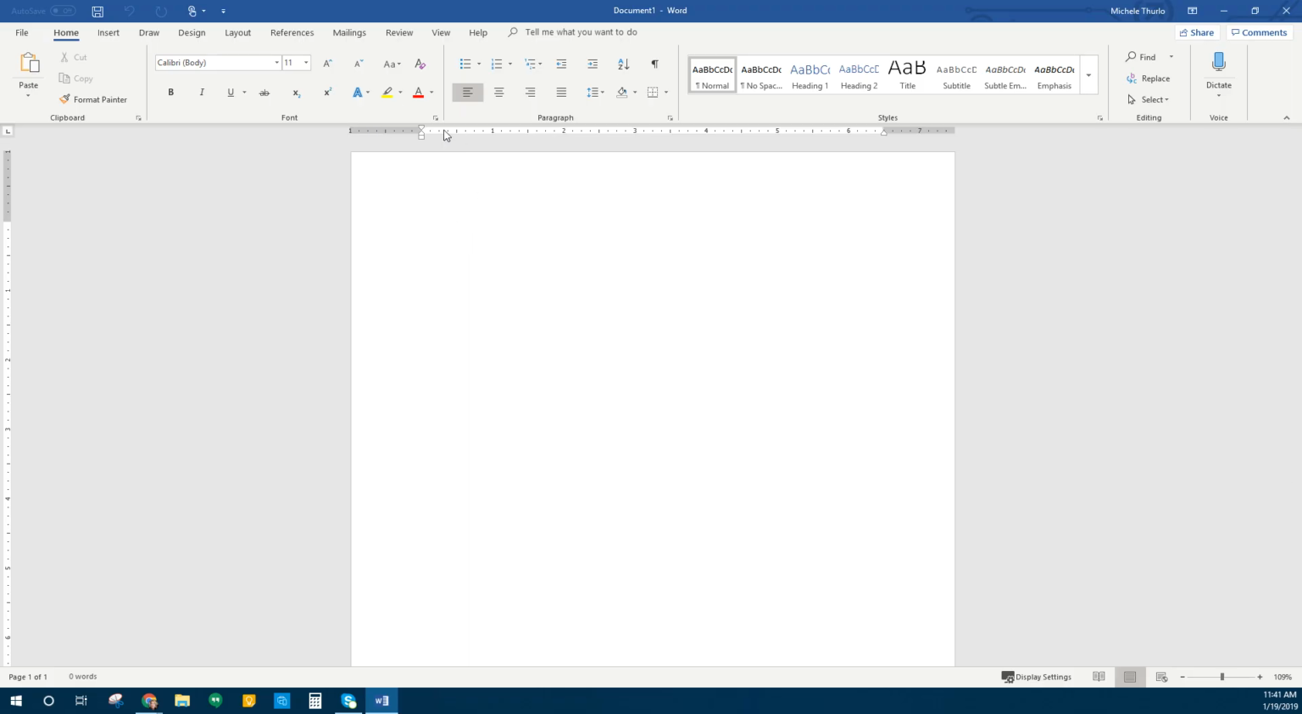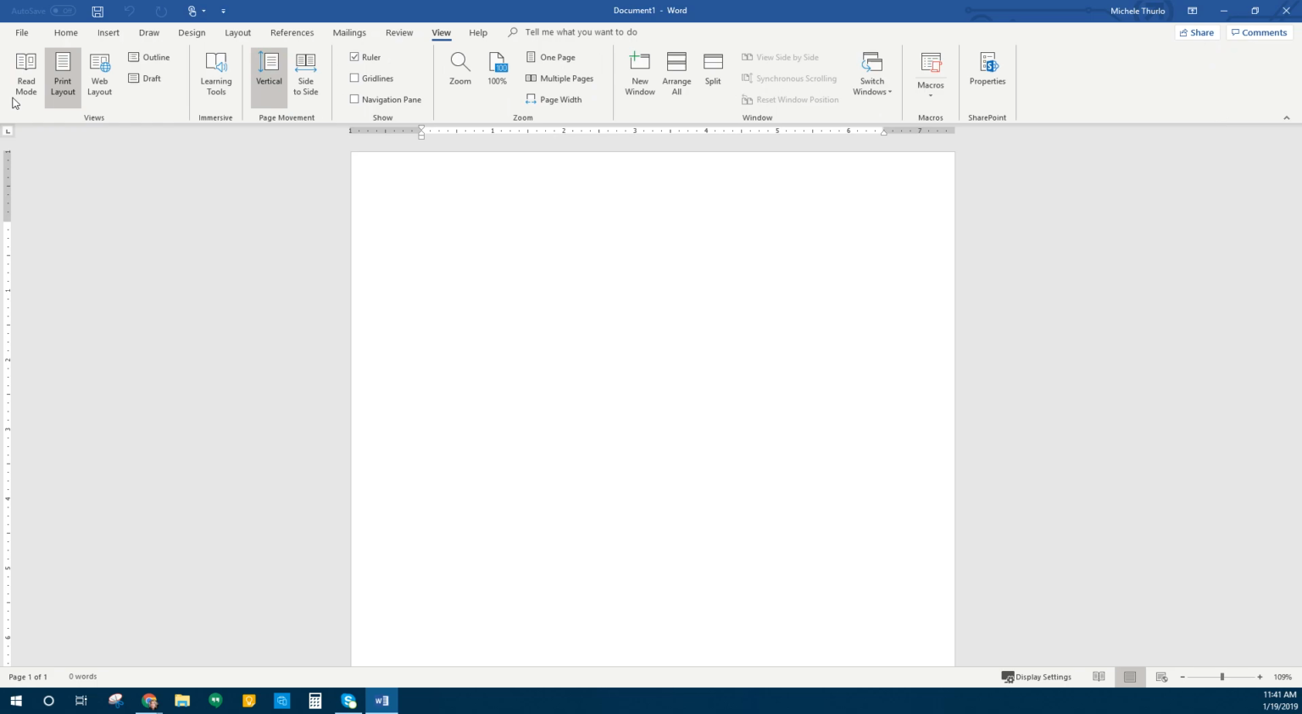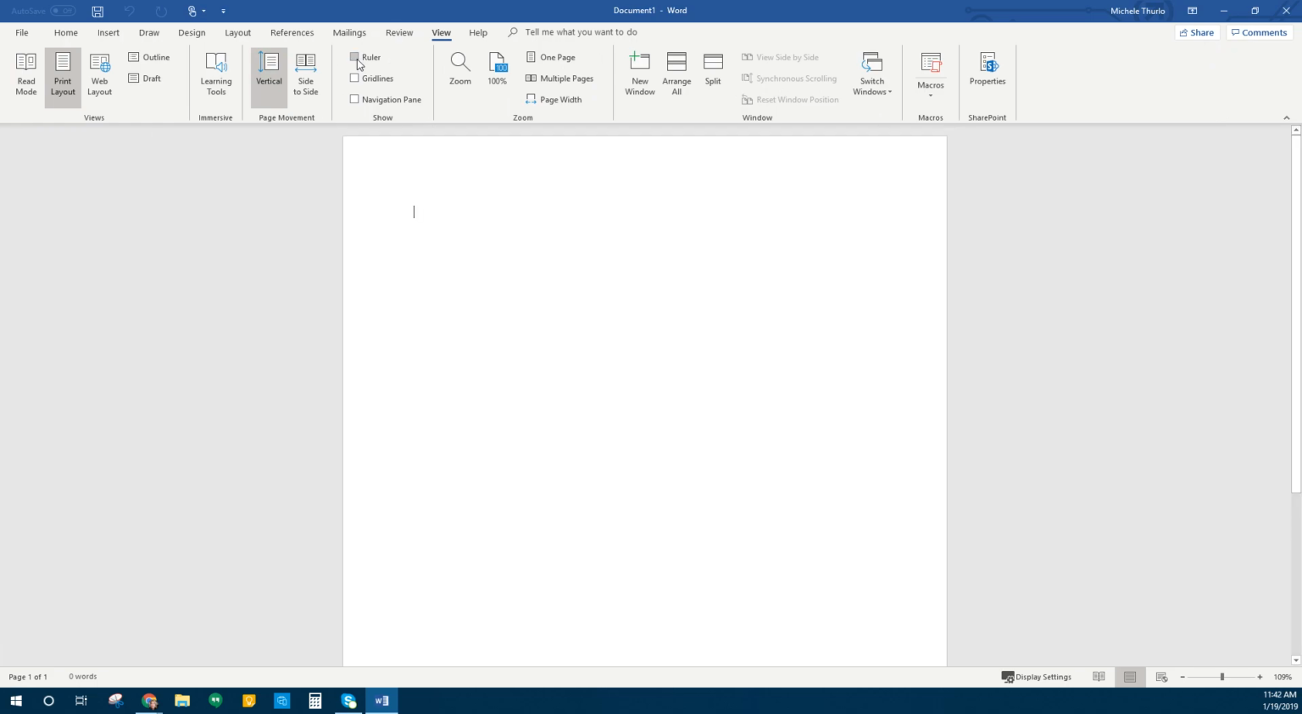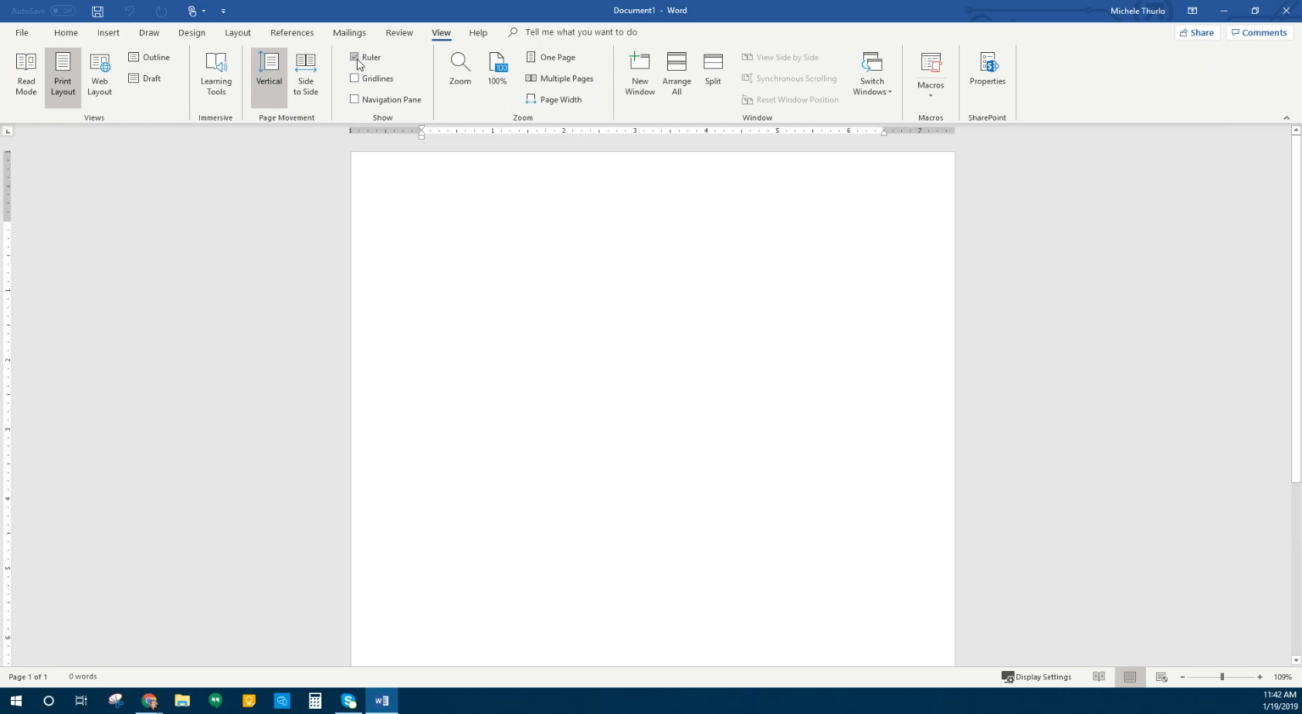The first thing I recommend you doing is turning on your ruler. So if your ruler is not showing, you're going to go to the View tab, like here my ruler's off, and make sure you put a check mark next to ruler. That's going to show your rulers. I rely on my rulers a lot